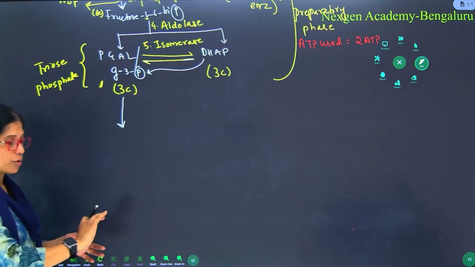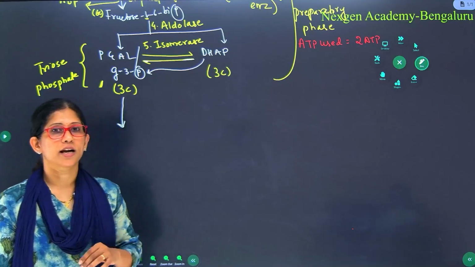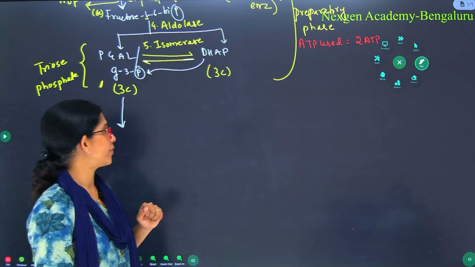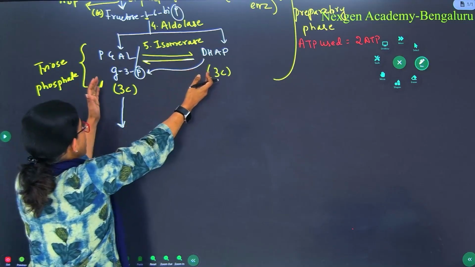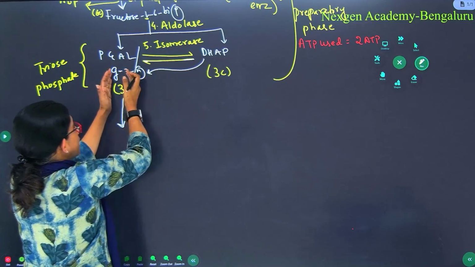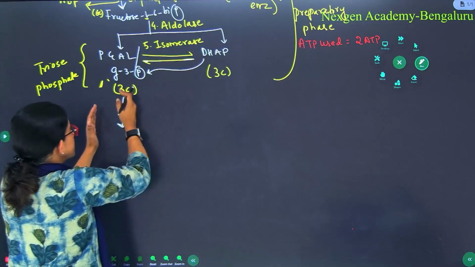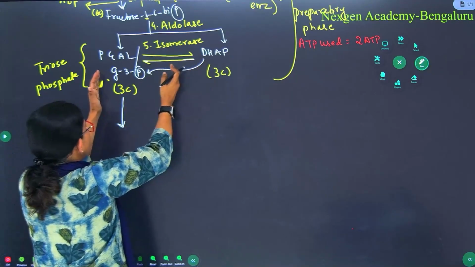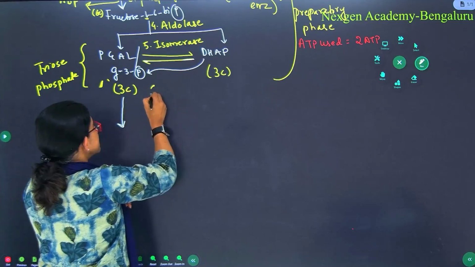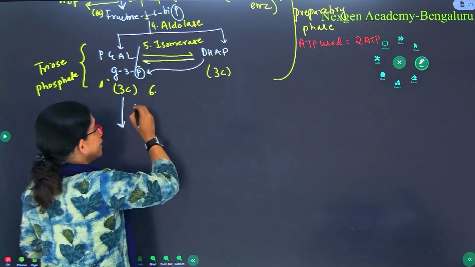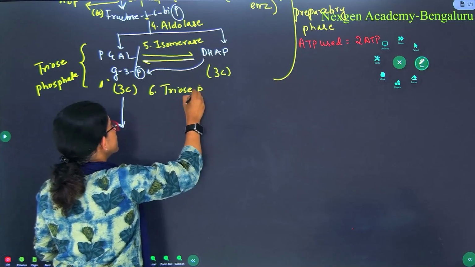Right? So what do you mean by triose phosphate? 3-carbon sugars are also known as triose phosphate. So now what will happen? This DHAP and this G3P will combine. This combination of DHAP and G3P is your 6th step. Here it is triose phosphate